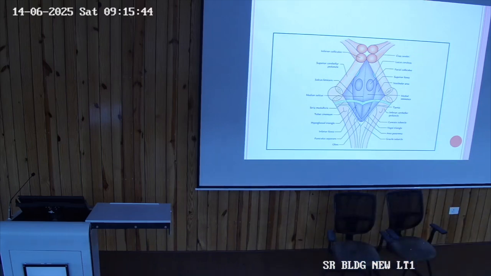If you know how the brain is placed over the skull, if the brain is placed like this, that will become the ventral surface, and the dorsal surface of the medulla and the pons will be coming. So on the dorsal surface we have fasciculus cuneatus and gracilis, along with the inferior cerebellar peduncle. On the ventral surface, what are the features on the medulla? There is pyramid, there is olive, and there is inferior cerebellar peduncle. So that is common.